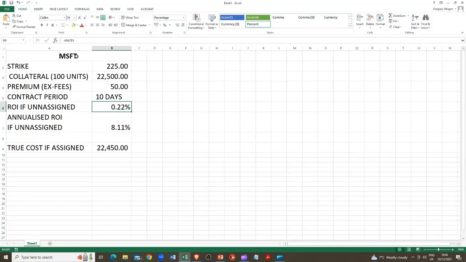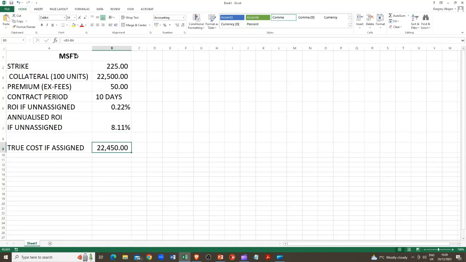And if you are unassigned, that $50 will translate to a 0.22% return on your $22,500 collateral. And this translates to an annualized return of 8.11% for the collateral you're putting down. What that means is if you make $50 every 10 days on a $22,500 collateral, you will generate